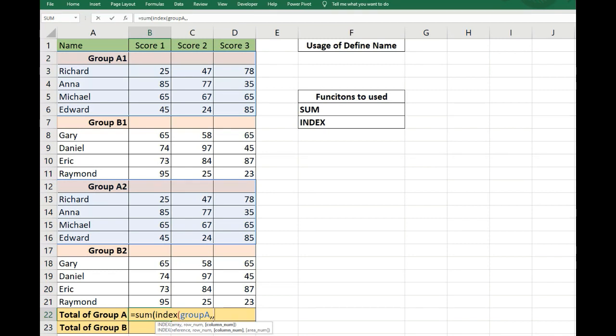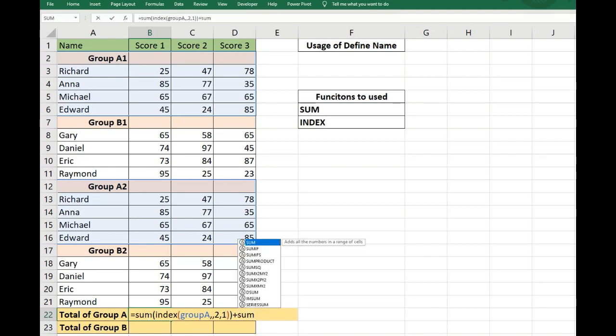Then for the column, from the table that I have selected, score 1 is the second column. So I am going to type number 2 and area group A1, which is number 1. So close the bracket 2 times, plus SUM(INDEX(